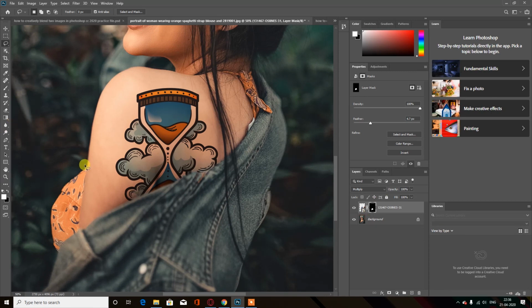We can also improve the selection with the brush tool. I have selected the soft brush now. So with the black color in the foreground, I am going to paint in the layer mask like this.